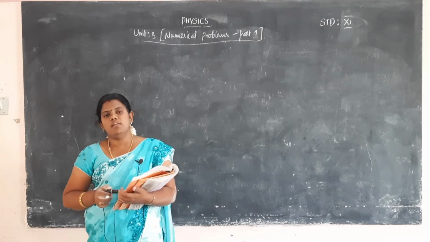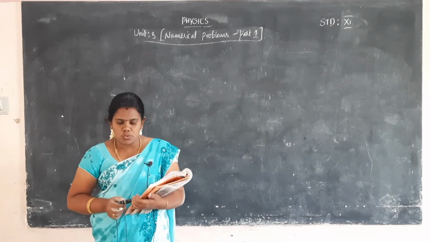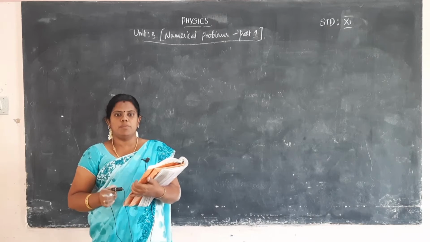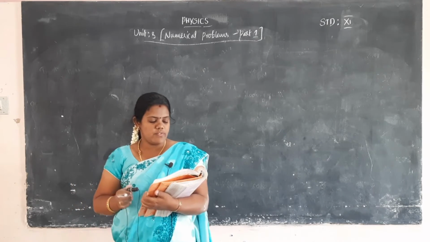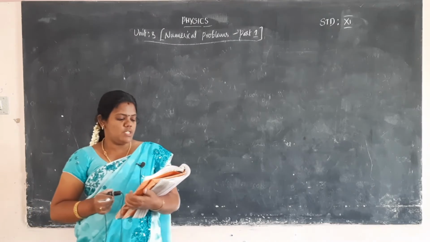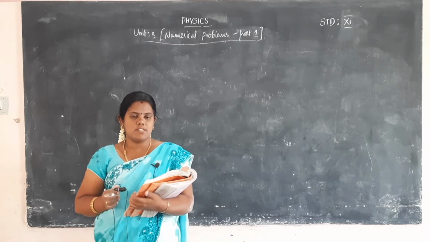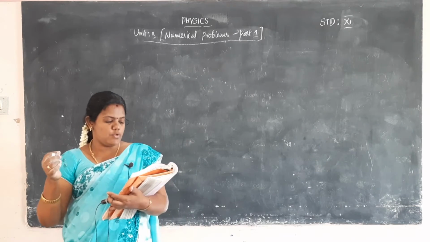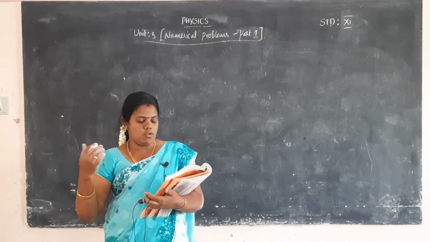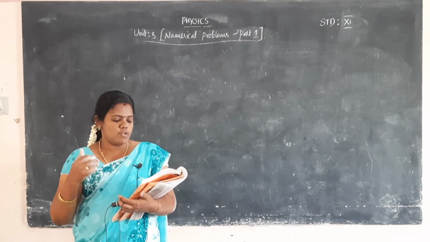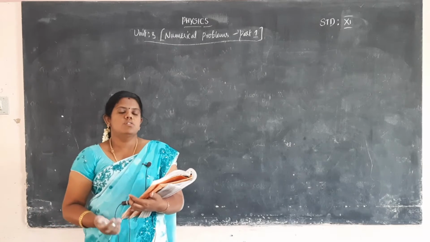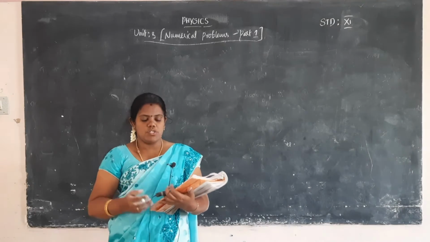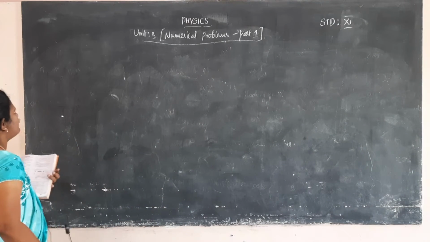Before we begin this session, all of you take your classwork note and note down the steps involved in each problem. So first, I start the first problem. A force of 50 Newton acts on the object of mass 20 kilogram shown in the figure. One diagram is there, with the force value and the mass applied on an object. Calculate the acceleration of the object in the xy direction. So we want to calculate the acceleration acting on the object. First, draw the diagram.